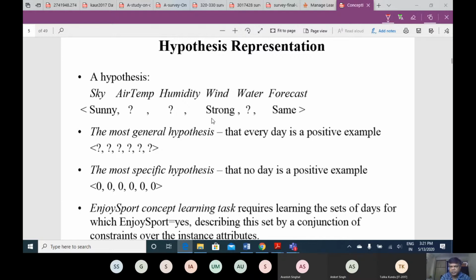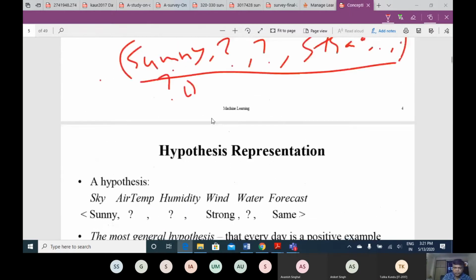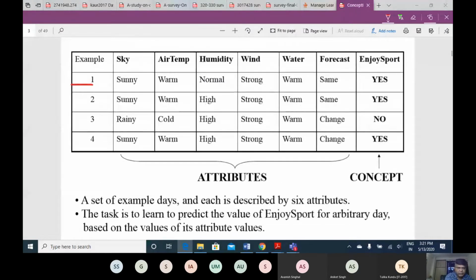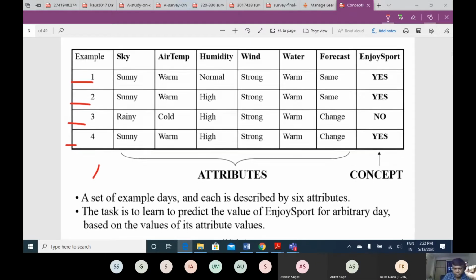It defines a subset of your rows. In the table, every row represents one instance of the features. So a set of rows of all possible combinations can be called a hypothesis. Hypothesis means a set of rows.